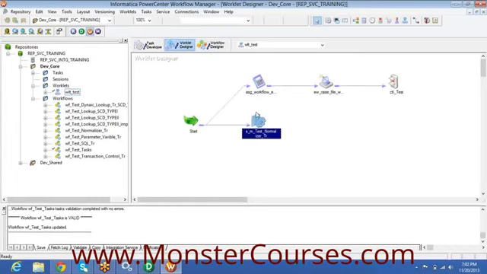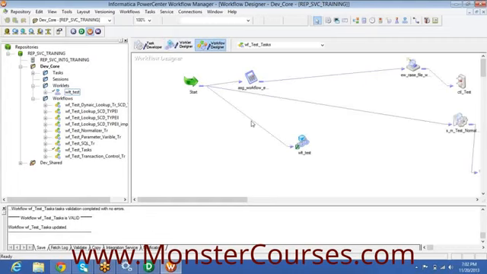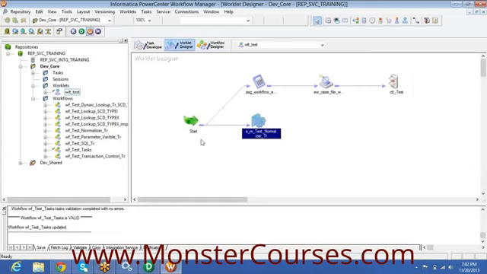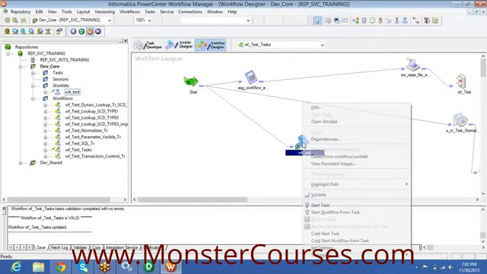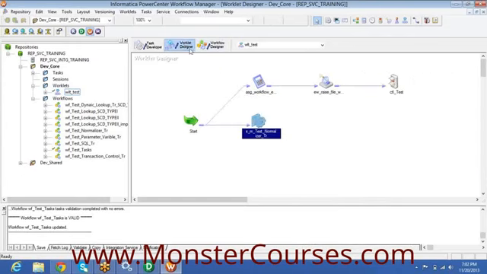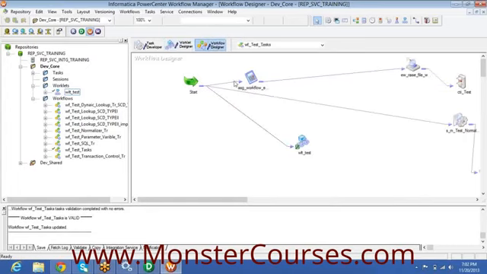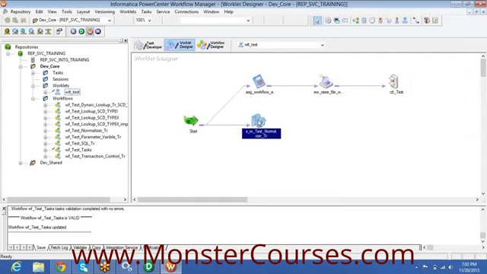Suppose I want to execute only this particular session within a worklet. How will you do that? Because you cannot execute this particular session from a worklet, you need to execute it within a workflow. If I right click and start, it will start both flows. This session task will be executed and this assignment task will also execute, and the rest of the flows will continue. Suppose you want to execute only this task. How can you do that generally?